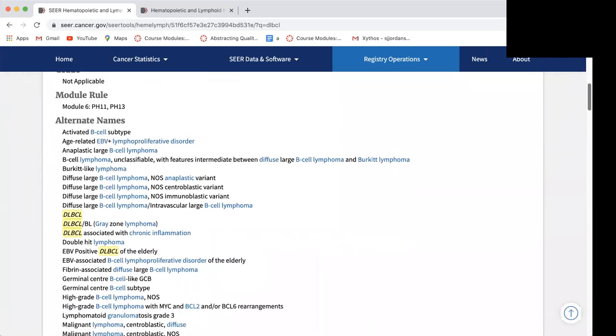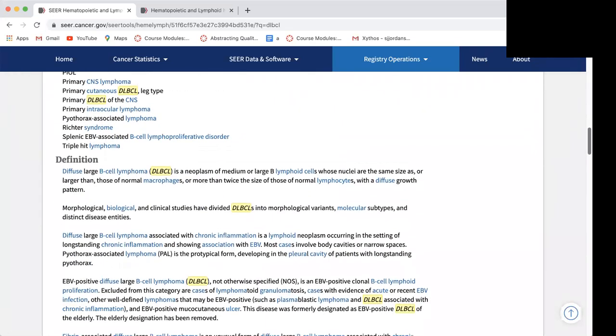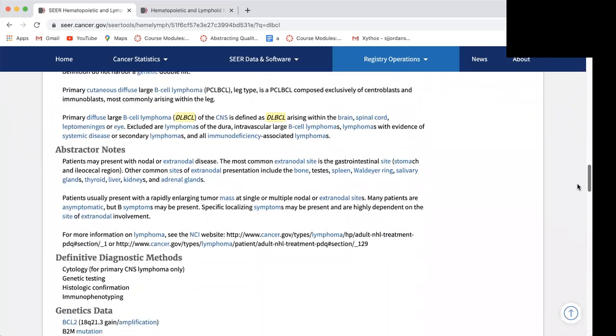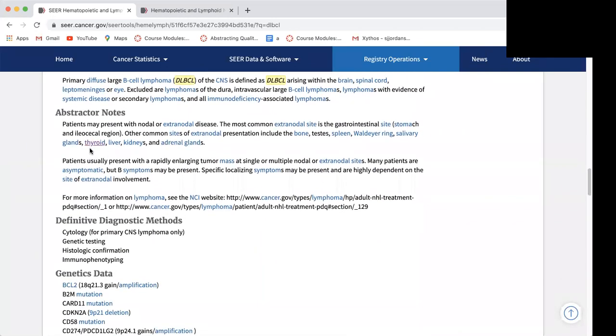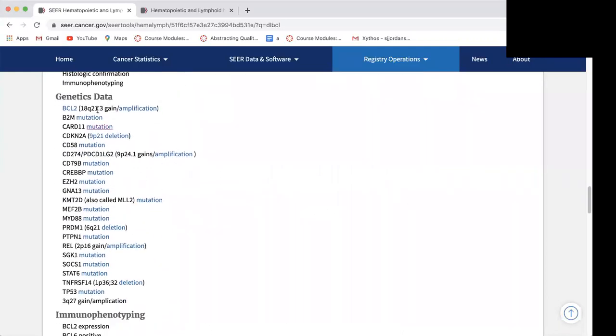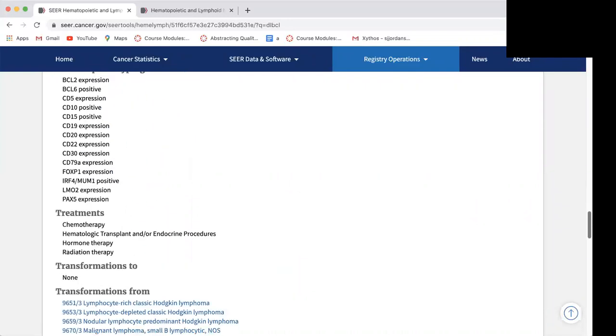It tells you the alternate names. It provides a definition. It gives you some background. It provides abstractor notes. Essentially, it provides you with information about things that are important to be collected and little things that you should pay attention to, and where this particular disease usually occurs. It also tells you the definitive diagnostic methods that are used, and essentially some of the genetic data that you may be looking for. And it also specifies treatments,